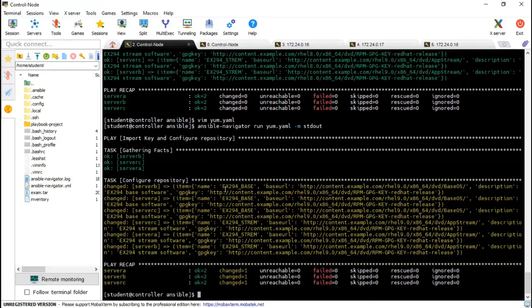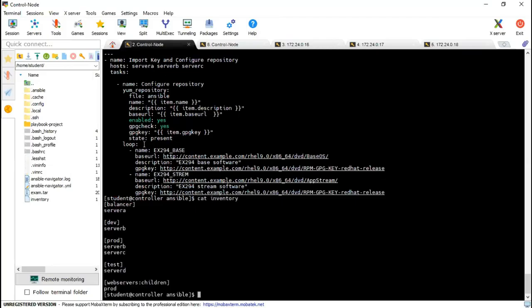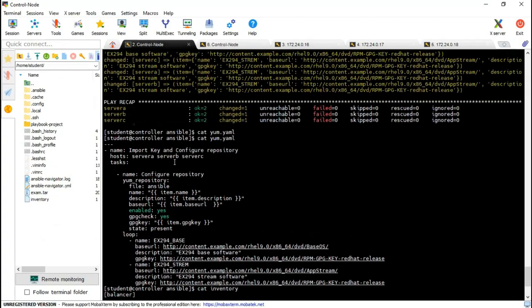So I have put the name of each managed host in my hosts section. Again, it's not required to copy everything I am doing here. In the exam, either you can list A, B, C, D here, or you can find any group that has all the servers' names. It's up to you. In any inventory file, instead of server A, B, C, I can use balancer, dev, or balancer and the prod group. So how you make the entry for your hosts depends on you.